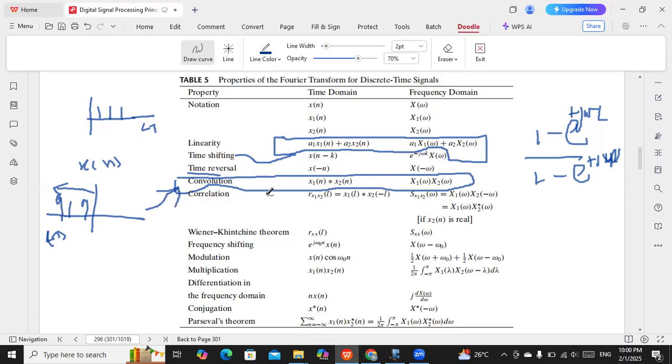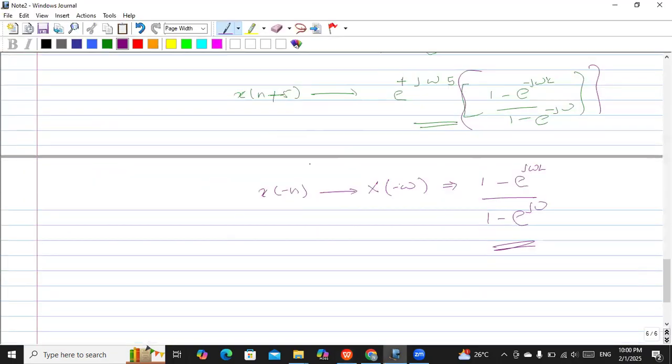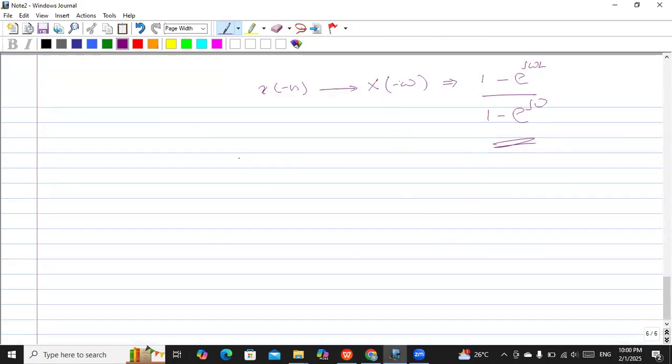to analyze LTI systems. For example, you know that for an LTI system, that means a linear time invariant system, if you apply an input signal xn, there is an output signal yn, and there is